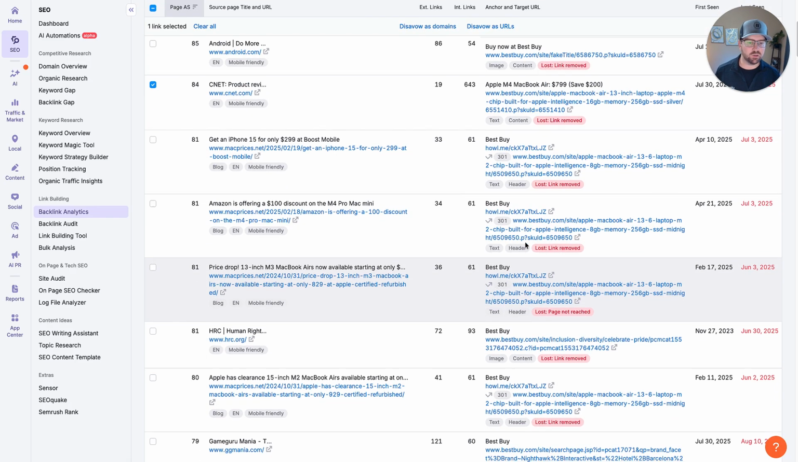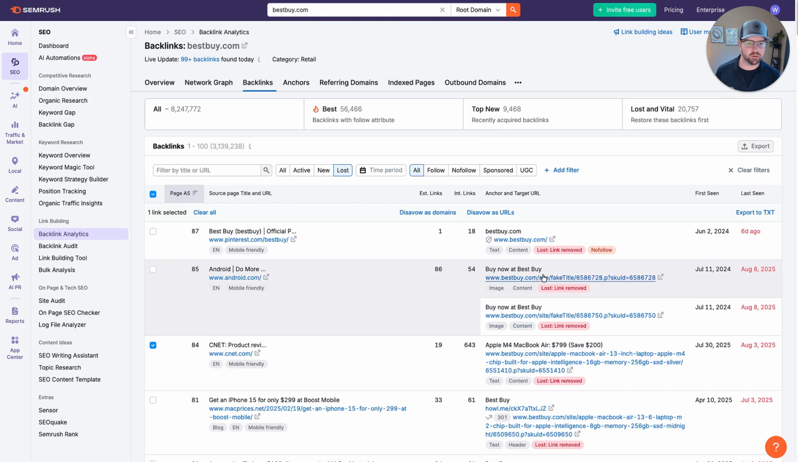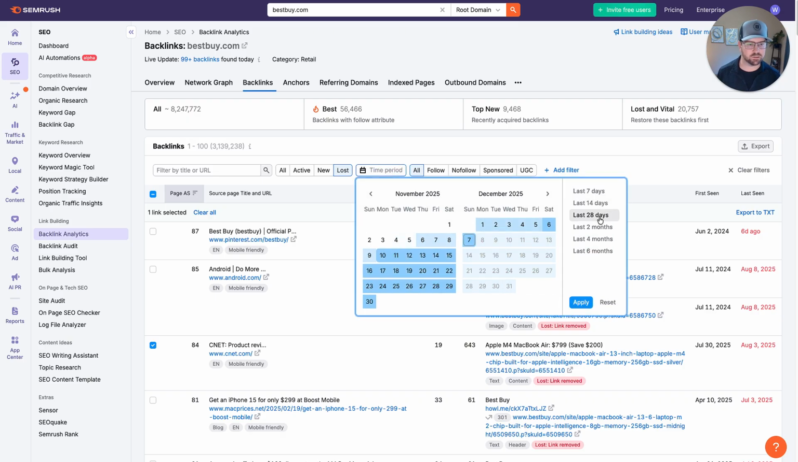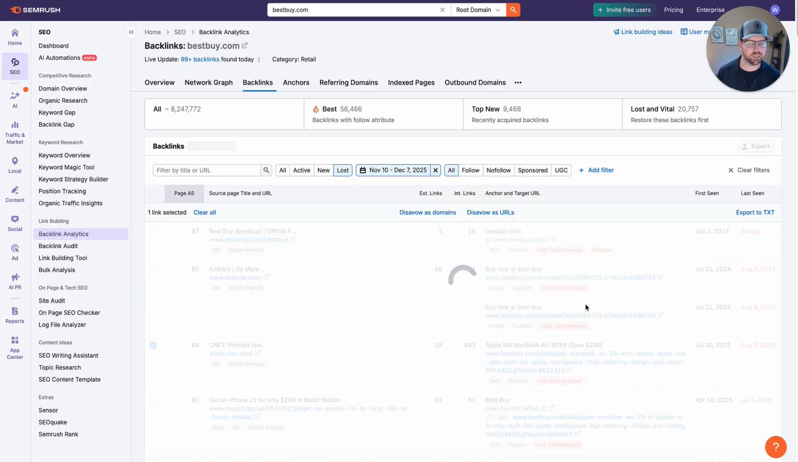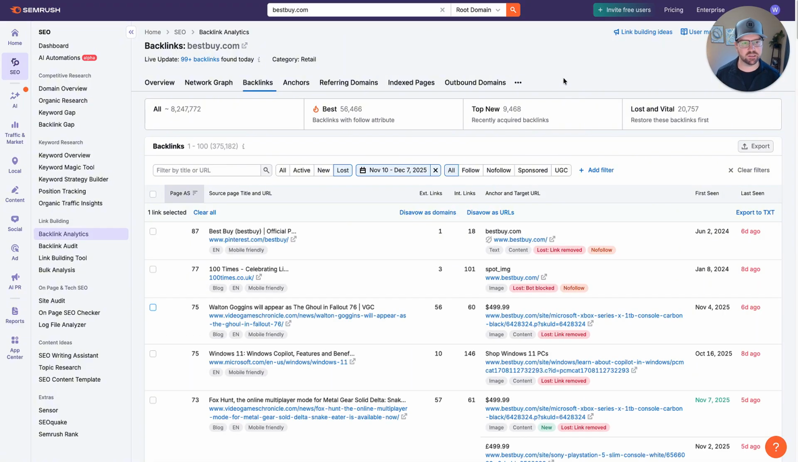So we can utilize the filters to look at lost links. This is very helpful. We can also adjust the time periods on this. So I would probably look at, especially for a bigger website like this, some of the more frequent changes that are coming about. Even within the last 30 days,